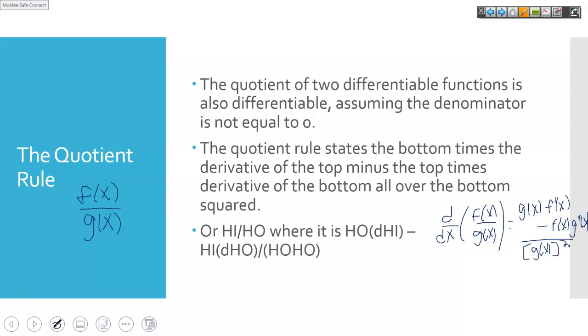And if you had tables, then if you don't know the rule in terms of function notation, not being able to plug into a table is much more difficult. So again, the ho-d-hi minus hi-d-ho is great if you're saying it and you have functions, but if you have tables and your tables are f of x and g of x or v of t and p of t, then you have to truly understand the definition of the derivative for quotient rule in terms of functions. And that's the function